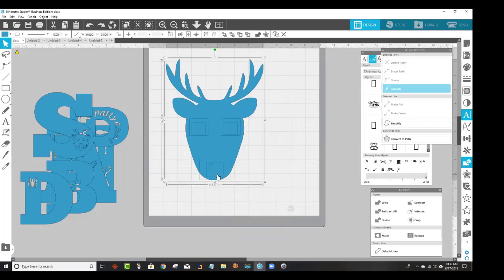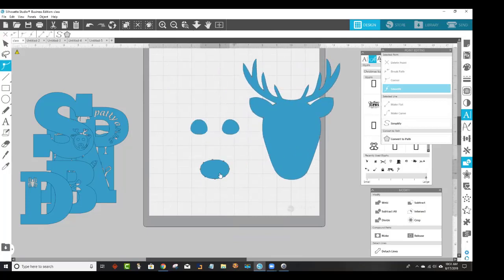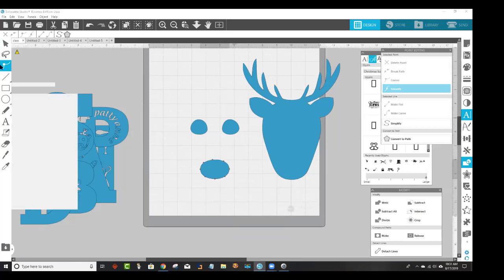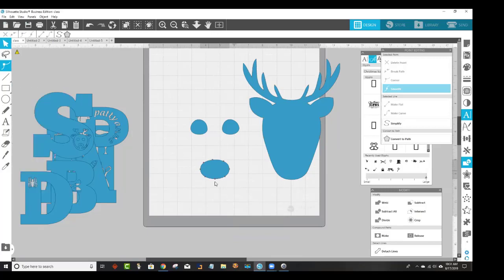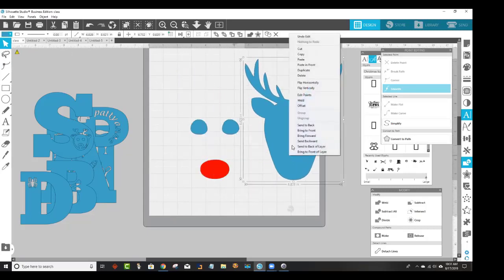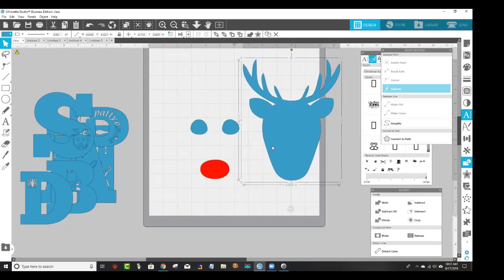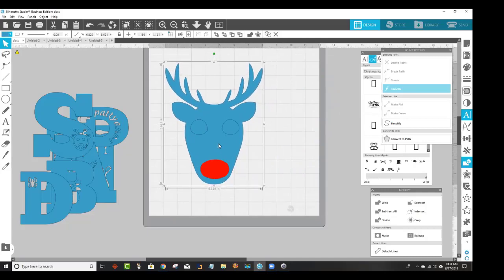So now, I guess, oh, there's his nose. Okay, so I can just color that red now. I think, yeah, there we go. Make that red. Then I'll have to put him to the back. Was that his nose? No. Anyway,